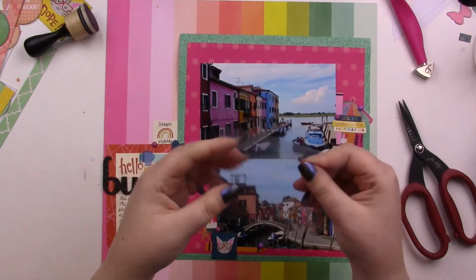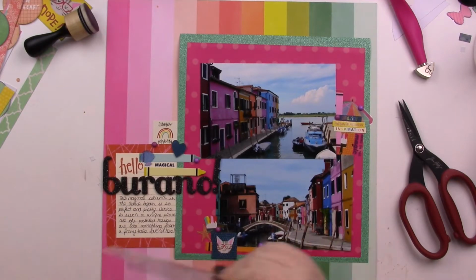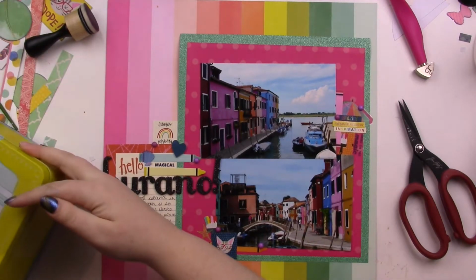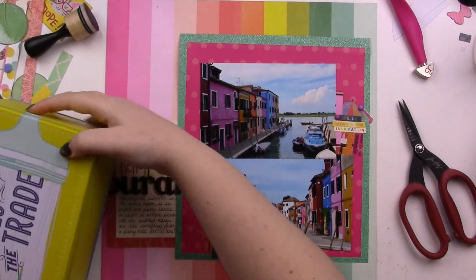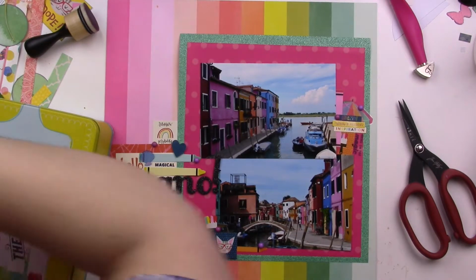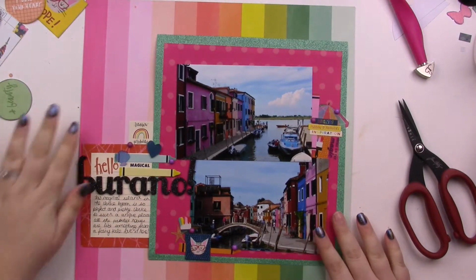I'm going to keep this plastic piece to use it with art crayons. So in fact my art crayons are right beside me, so I'm just going to pop it in my little tin here. And I just caused a massive avalanche on my desk because I moved my tin and it was all sitting on my tin. So now I need